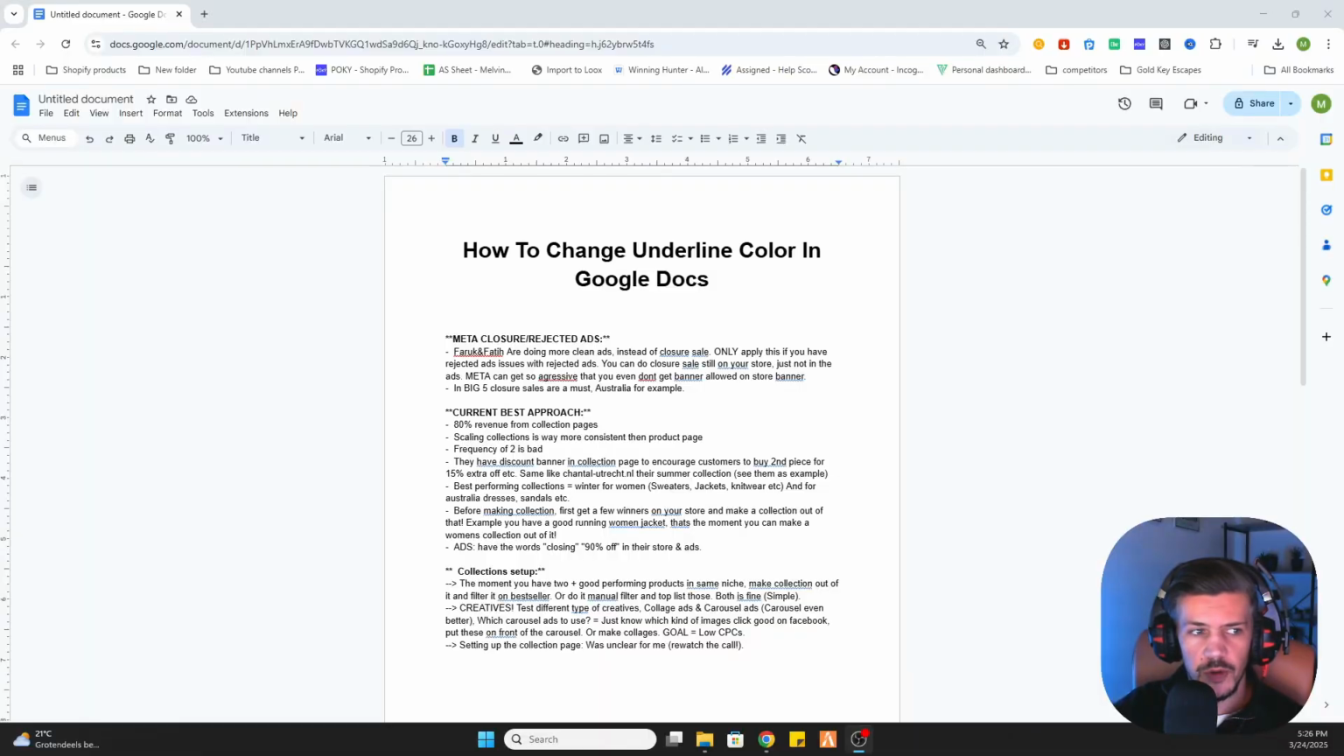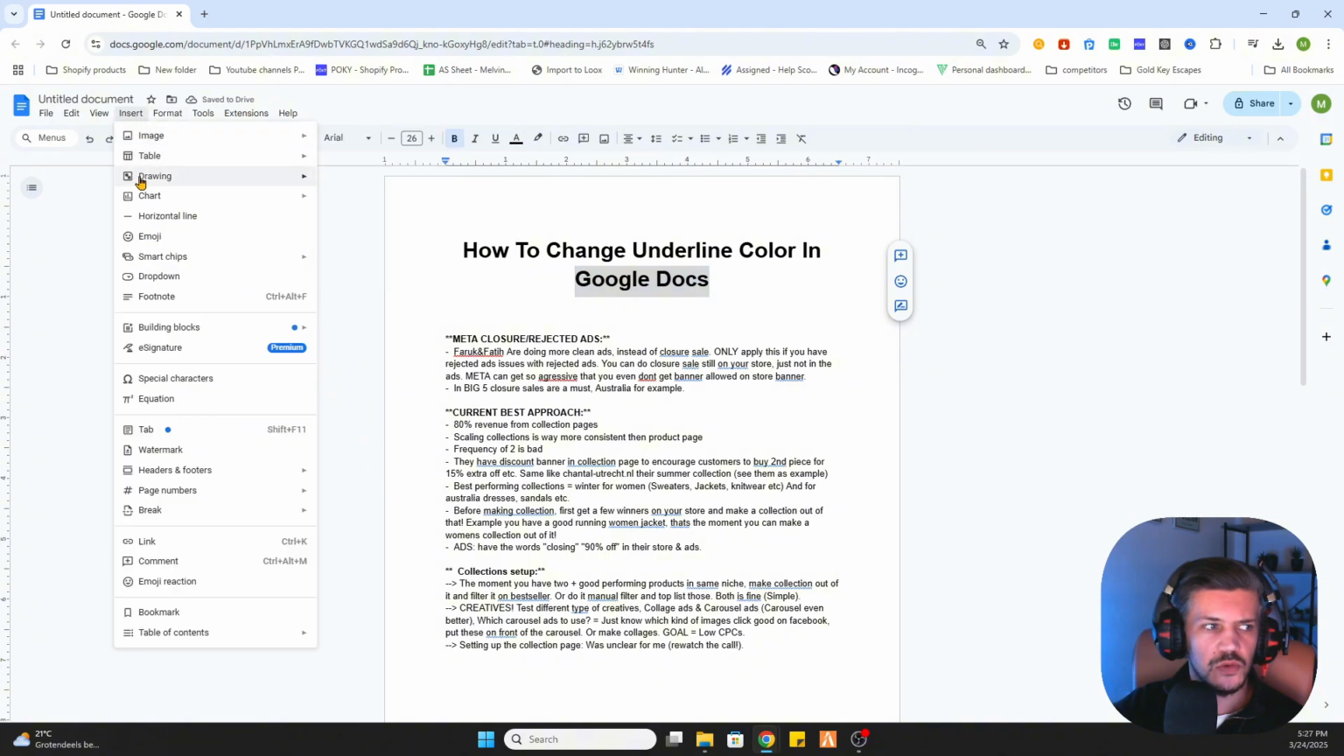In this video I'm going to show you how to change the underline color in Google Docs. As you can see, you have an option to select the text and then underline the text. But unfortunately you can't change this color manually. So what we need to do is remove this underline, and now we will go to Insert, go to Drawing,